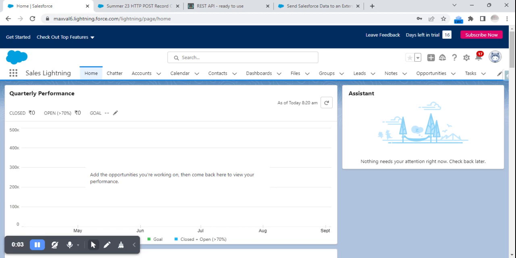Hi everyone. Today we are going to see about the Summer '23 release feature. So it's HTTP POST. Basically, we are going to send our Salesforce data to the external server through the POST method. So we can see a detailed explanation of this HTTP POST, because for this we need to